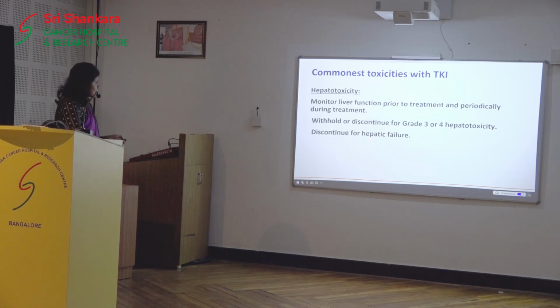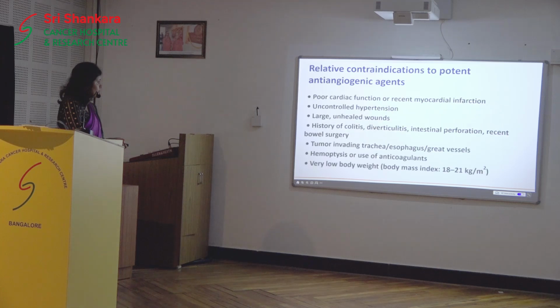Last of the toxicities, hepatotoxicity. Monitor liver functions; withhold or discontinue for grade 3 or grade 4, and in hepatic failure, discontinue. One of the checklists before anti-angiogenic agents is relative contraindications. Relative means they are not absolute, but you need to be careful, as patients can develop such complications, and be watchful. Poor cardiac function or recent MI, uncontrolled hypertension, large unhealed wounds, history of colitis, diverticulitis, intestinal perforation,